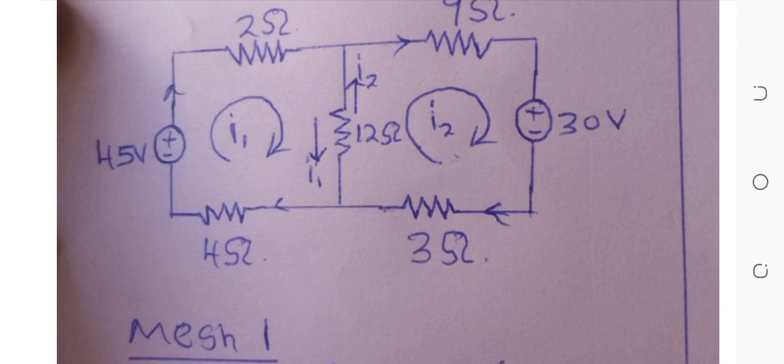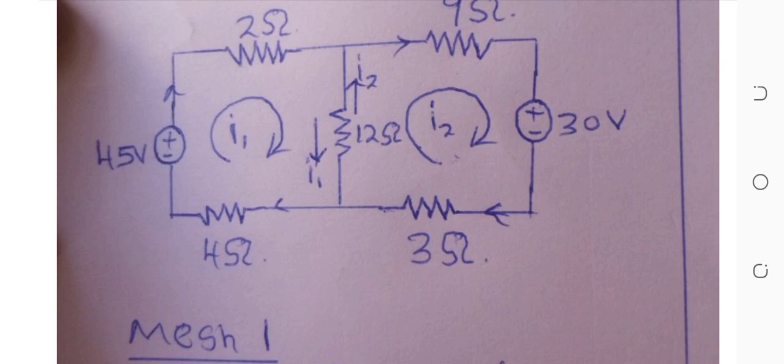So going through loop 1, that is mesh 1, you are starting from the negative sign moving upwards as the arrow points. So it's negative 45 here, then plus 2 what? We have voltage equals current times resistance. So our resistance is 2, then our current is I1. So it is negative 45 plus